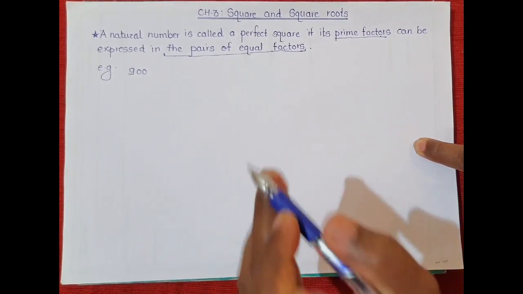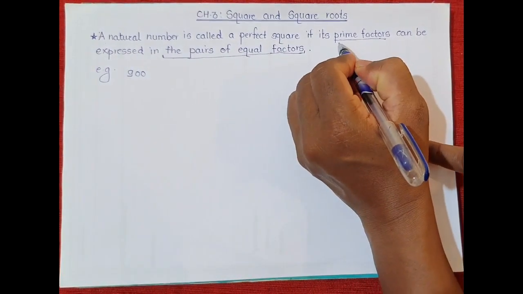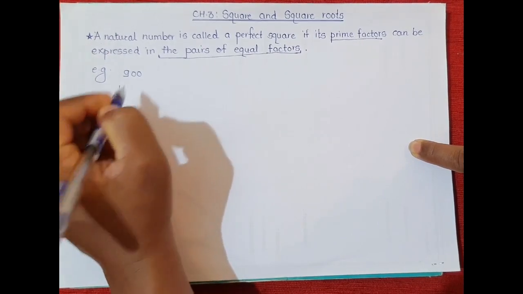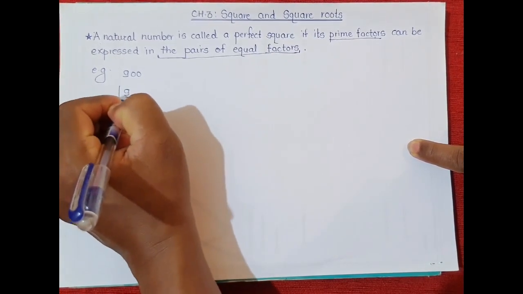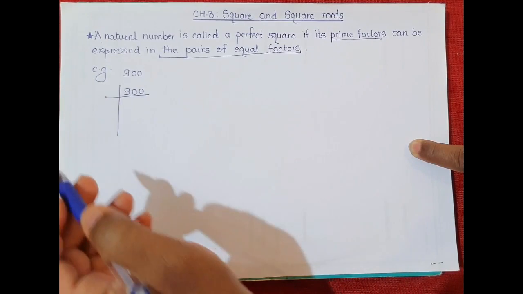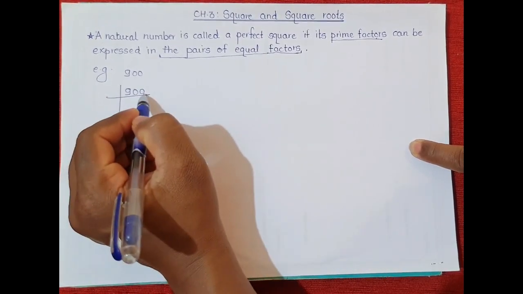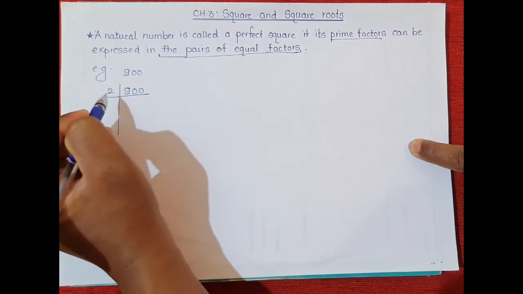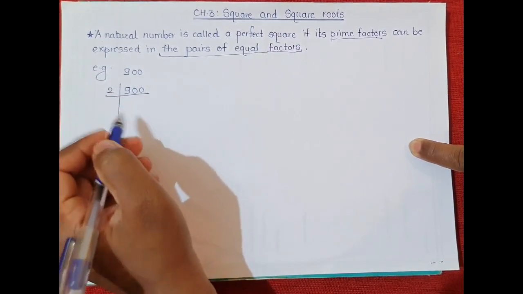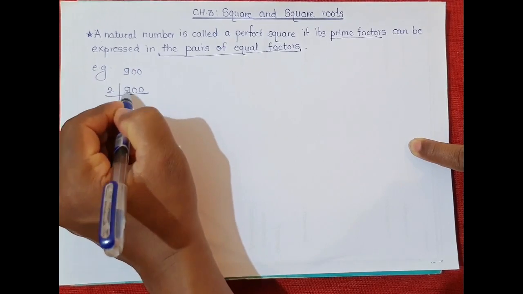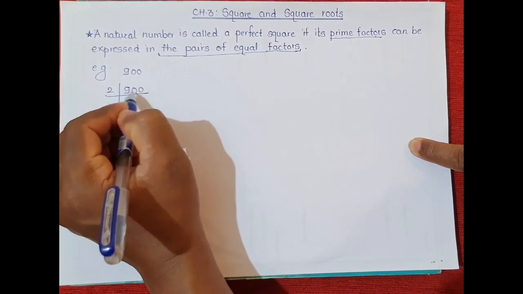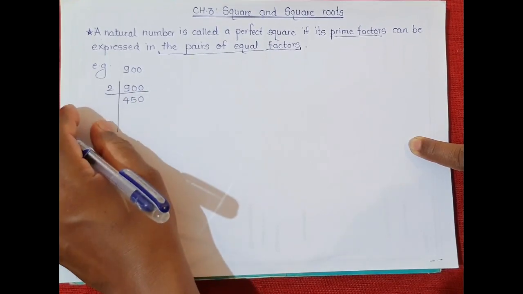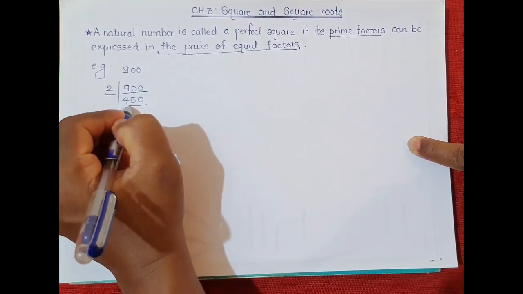So what we are going to do first is find its prime factors. You know how to find prime factors. Let us find the prime factors of 900. So here is 900. You know 2 is the first prime number, and since the last digit of 900 is 0, it is divisible by 2. Write 2 here, divide 900 by 2. 2 4s are 8, 1 carry forward, remainder becomes 10, 2 5s are 10 and 2 zeros are 0. 450 is obtained in this division.